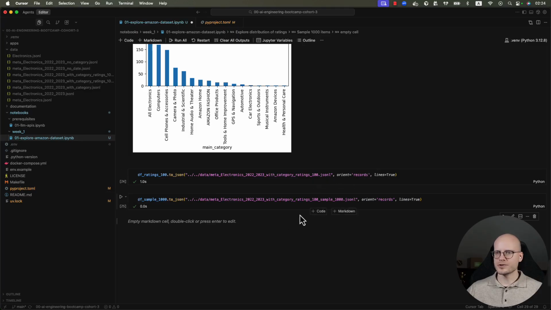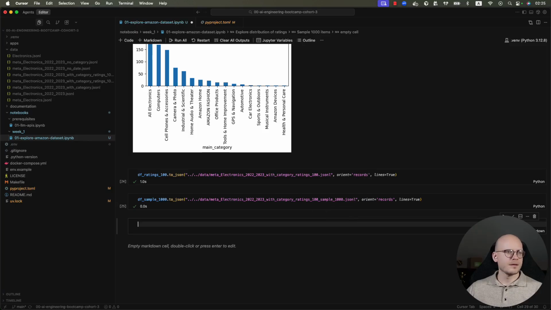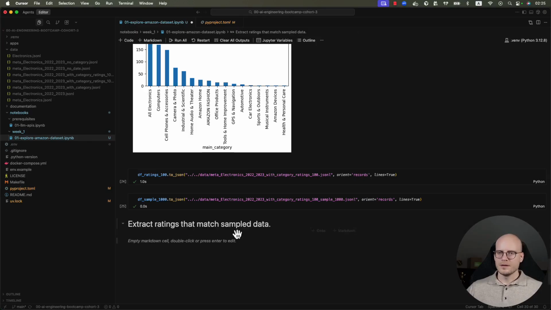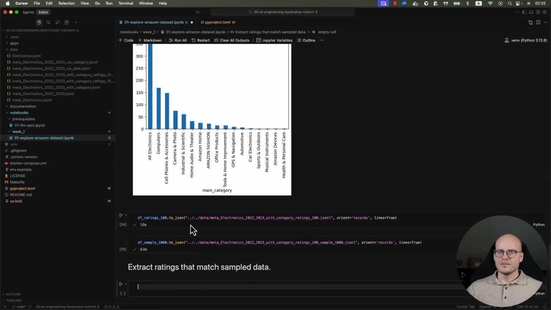Also, for the future, we want to prepare our reviews datasets. So let me explain what I mean by that. The reviews dataset has user reviews that have been left in the platform for specific items. Each of the items can have multiple reviews assigned to it, and we are also filtering out the items that have at least 100